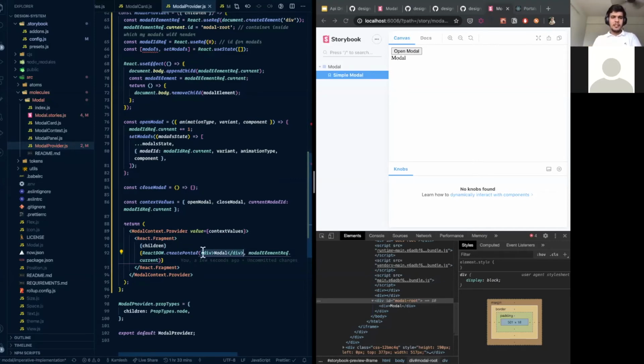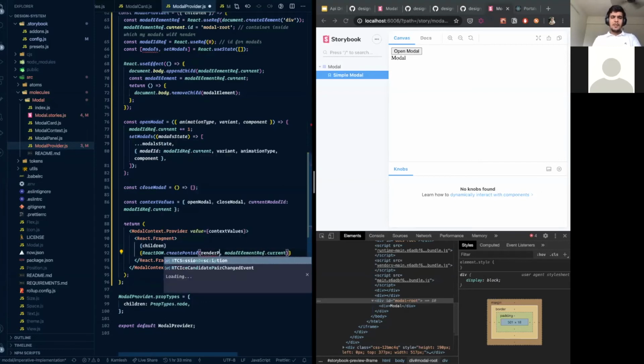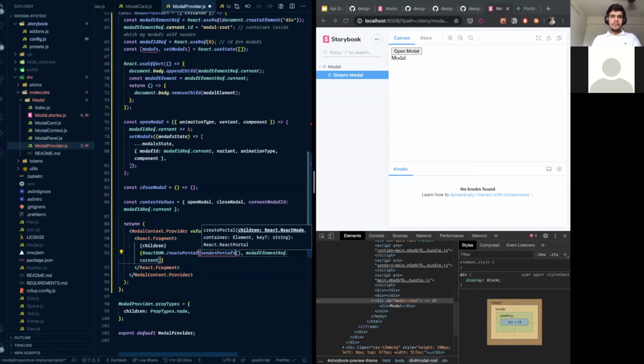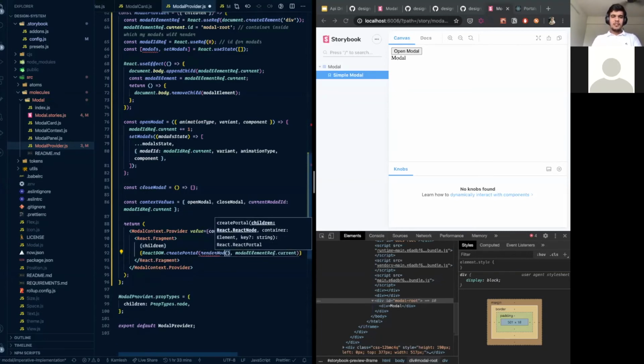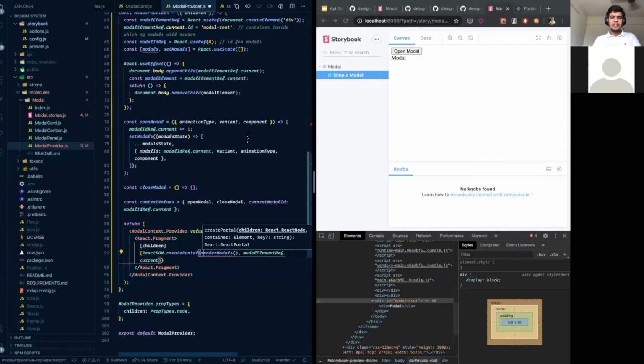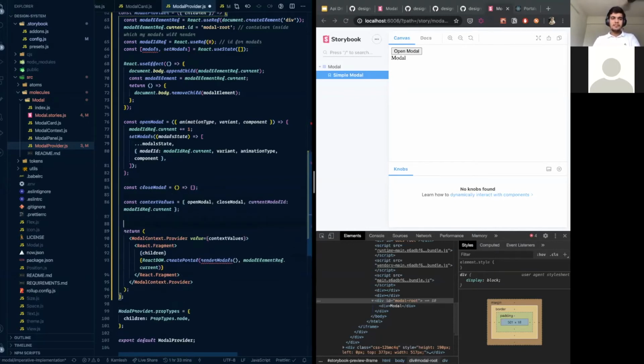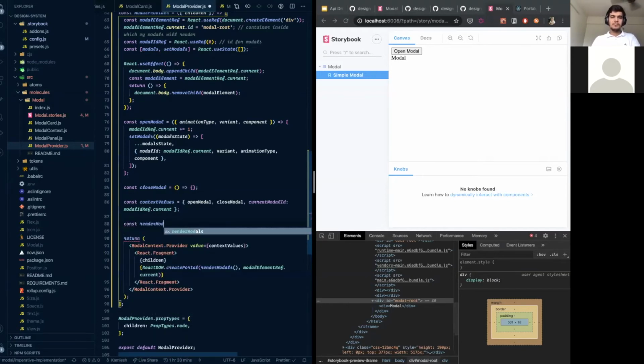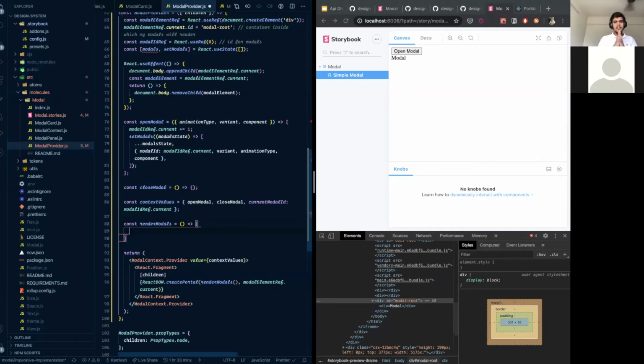Right now, I've just created a dummy element, but this should be replaced with something called renderModals. Now, what does that renderModals do? We'll define it here. The task of this renderModals is to return elements that should be rendered inside this tree.